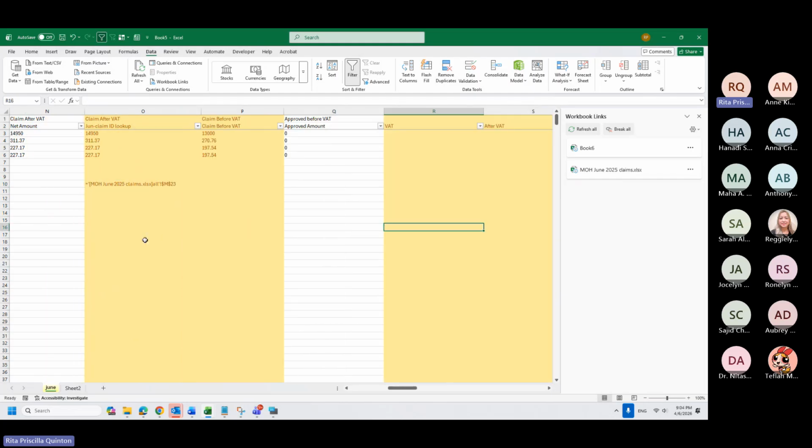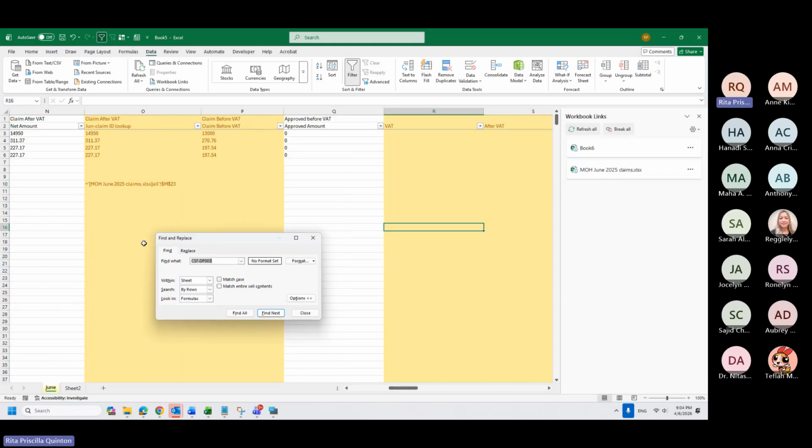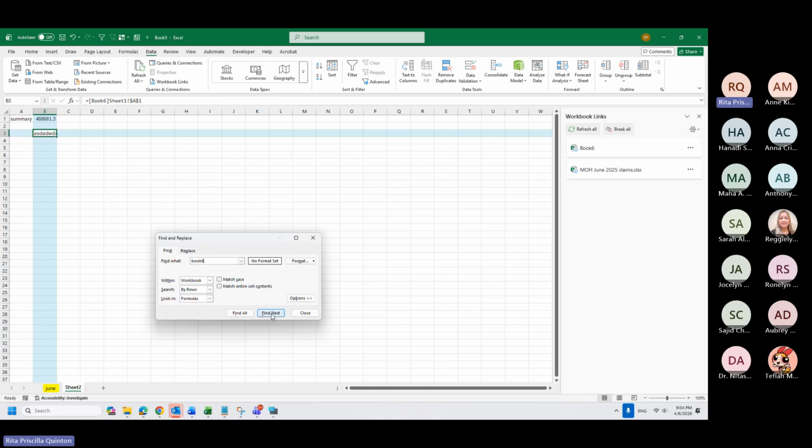So you can do Show Formulas. You can even also search. This is the practical one that I'm using. I want to know where this book 6 is linked to. I search for it, book 6, search within workbook, and it will give you this. It will tell you that this is where your cell is linked with book 6.